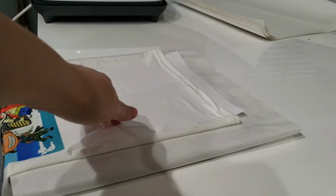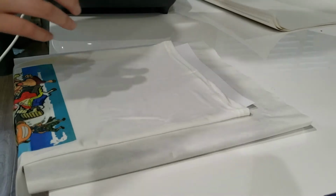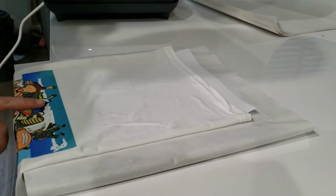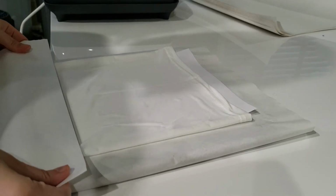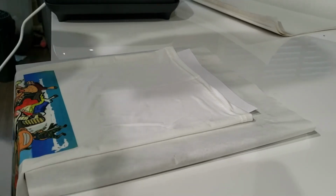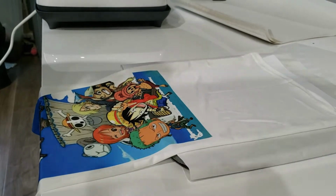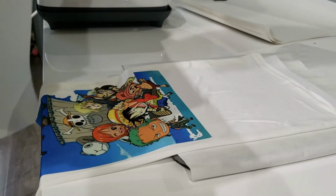I'm going to preheat this garment and then lay the transfer on. So let's, oh, one more thing. I want to make sure this exposed part. How are we going to do this? I need to move it up on the table. There we go. Is that still in frame? Yeah. Okay, so I'm going to use,